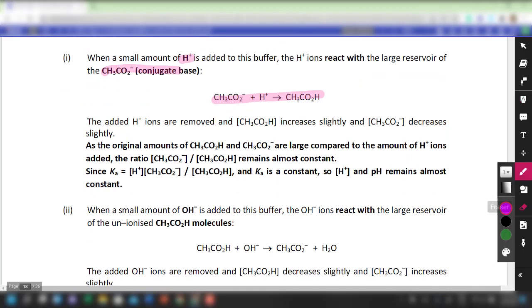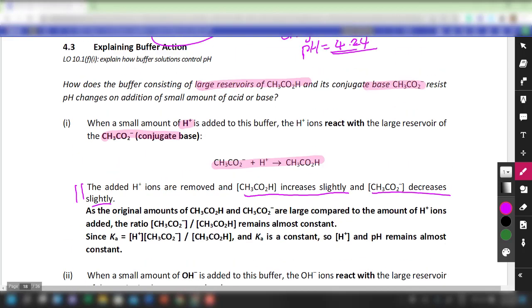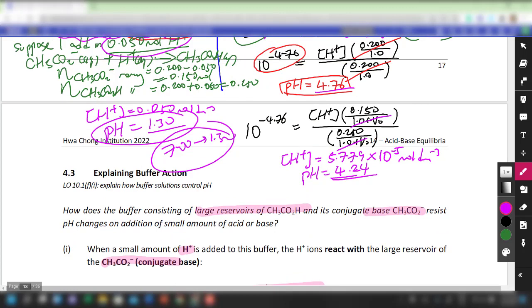And what happens after that? Over here, they did not give you any numbers, so they just say that the amount of ethanoic acid increases slightly, and this decreases slightly. But this will be the same amount as what we showed you earlier. I think if I plug in some numbers, it helps, and that is the reason why I was trying to jumpstart the explanation of section 4.3 by giving you some numbers first